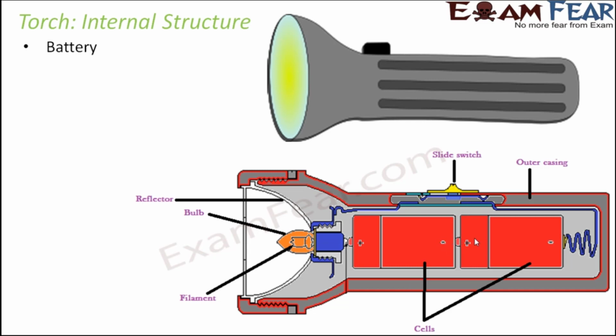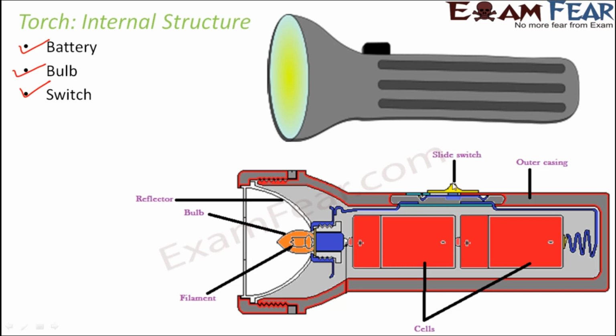Note here that the negative terminal of the battery is connected to the positive terminal. That is very important. How we are connecting 2 cells to form a battery is very important. So the battery is one important part. The next thing is the bulb. As you can see here, this is the bulb, because the bulb is the one which is actually going to produce the light. Inside the bulb, again, you have the tungsten filament, as you can see here. Third is the switch, the slider switch.